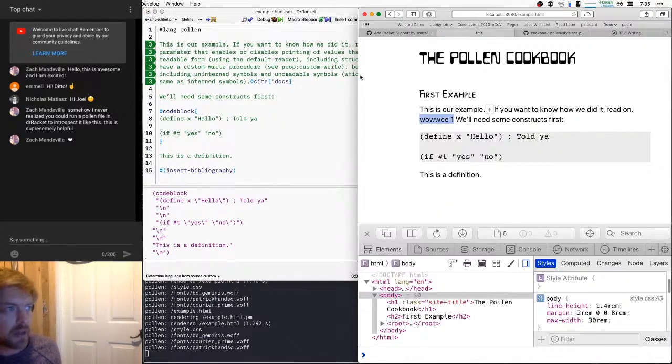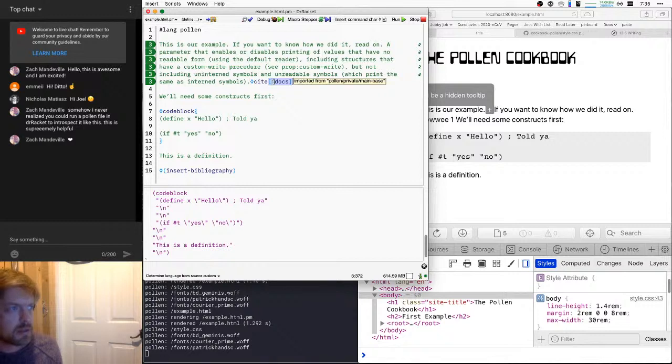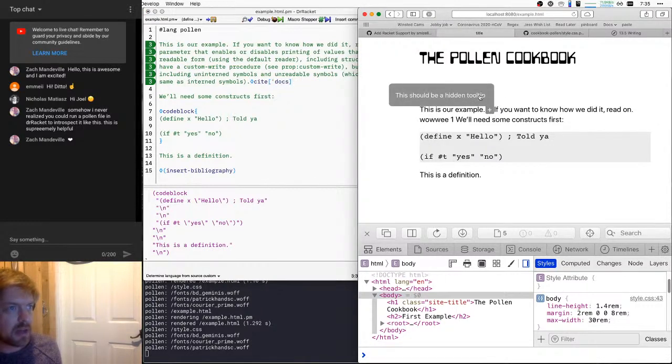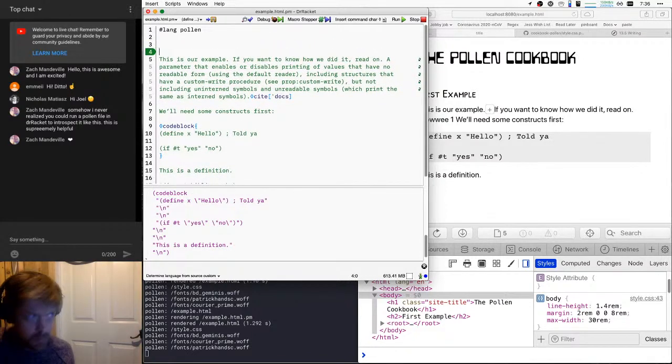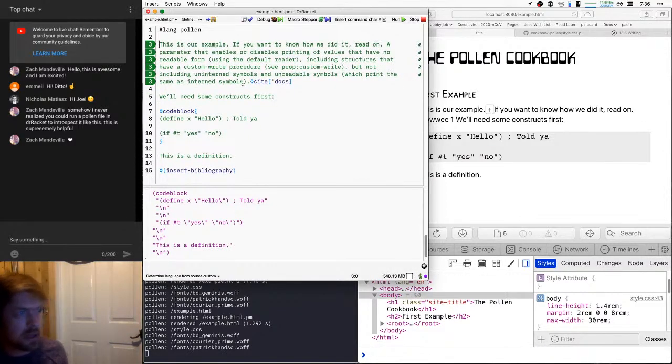And then what we want to end up with is a nice little tooltip that says, you know, here's the name of our thing, and maybe we want this to be a link of some kind. Then we want an alphabetized list of all of the things that we cited to appear wherever we put this insert bibliography function call. This is kind of the pattern of things where you have a lookup table. So why don't we do this? We're probably going to need another thing here that says